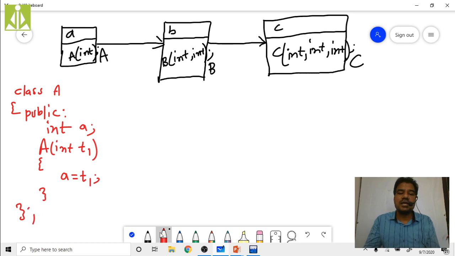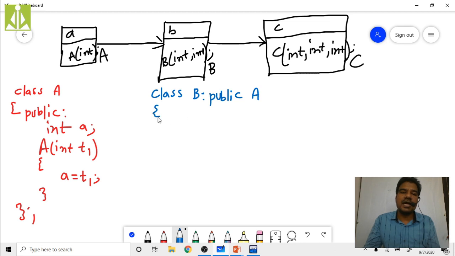Close this class. Then inside B, start writing the class definition for B. Class B should inherit A publicly, public of A. Then inside it, declare the data members, public colon.